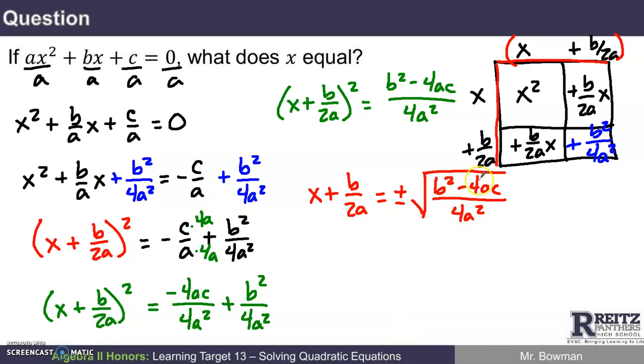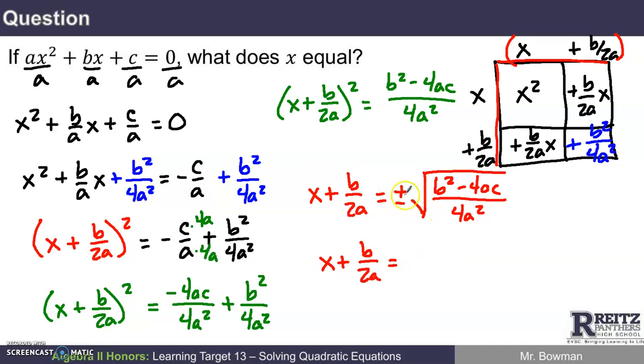Now, the square root of a fraction is the same as the square root of the numerator over the square root of the denominator. And one nice thing that I see is that the denominator here has a nice perfect square as its square root. What could you square to get 4a squared? 2a. So let's write x plus b over 2a